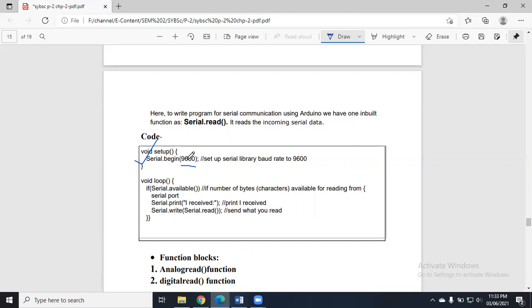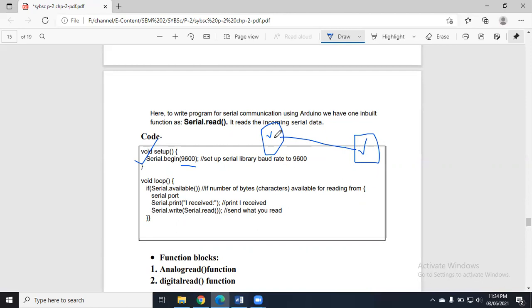Now you have to understand one thing here. If you are connecting two devices, see, this is my first device, this is my second device, then the baud rate of this system should match the baud rate of that system. If there is a mismatch of baud rate, your data may be lost. You will not be able to transmit your data with 100% accuracy. So, if you want to establish successful communication between two devices, you have to match their baud rate. This is a very, very, very compulsory thing.